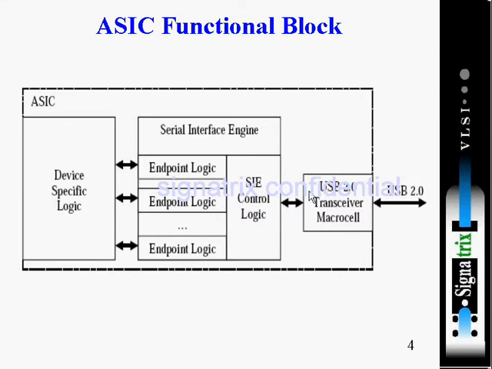So at what frequency is your UTMI working? It depends. If an 8-bit data interface is there, during that time your UTMI will work at 60 megahertz. When your data width is 16-bit, it will work at 30 megahertz, okay. So from here data is coming serially, and from here data is going out in parallel.